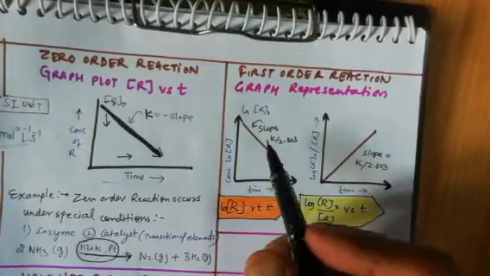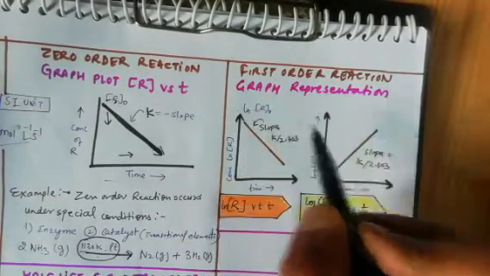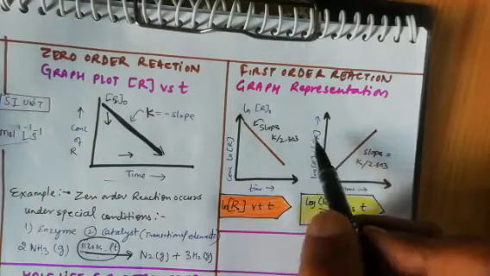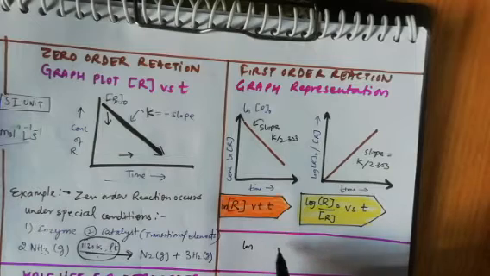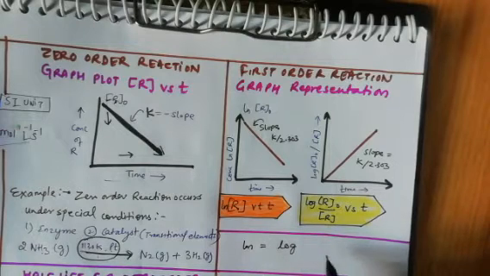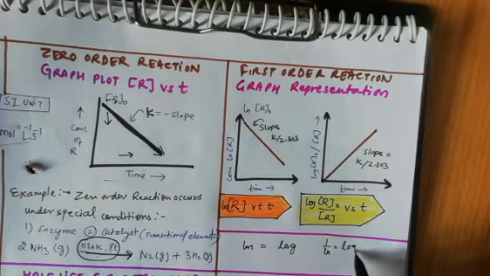Whereas for first order reaction there are two types of equation. One is natural log, the second is the logarithm. The difference between natural log and logarithm is that natural log is written as ln, whereas logarithm is written as log. And 1 upon ln, if I tell you, 1 upon ln is equal to log. Okay, meaning it is opposite to log.